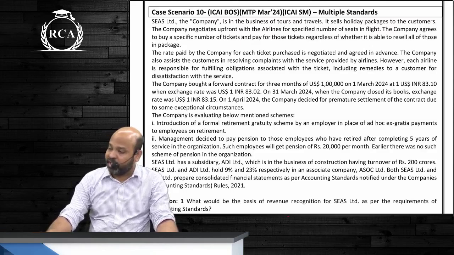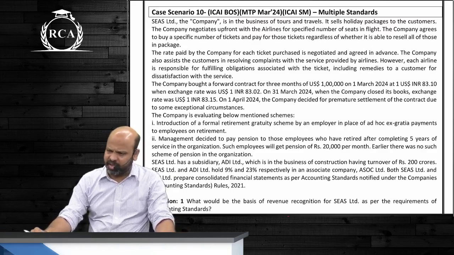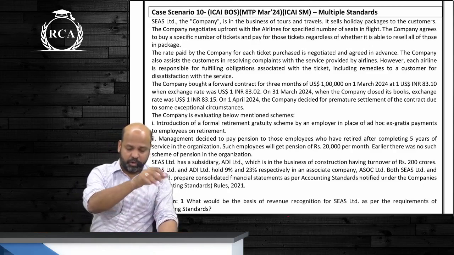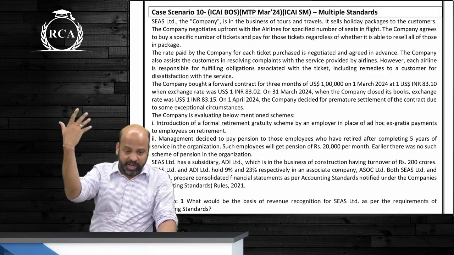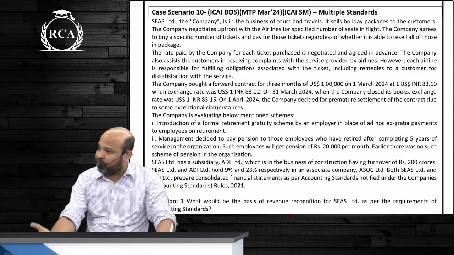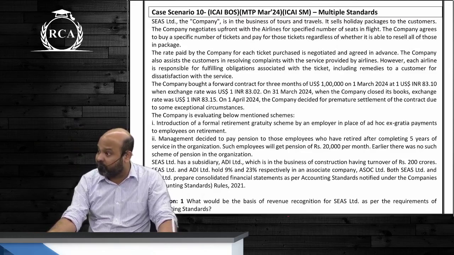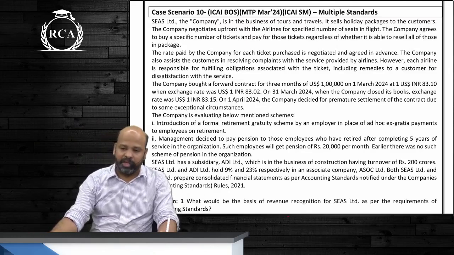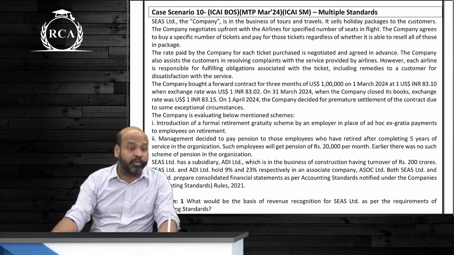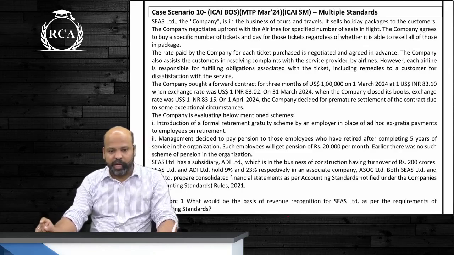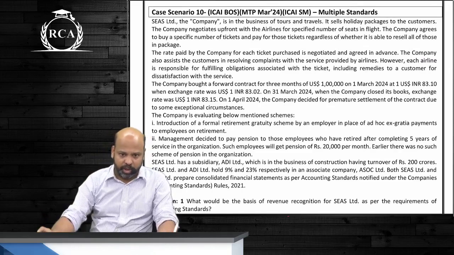See, guys, usually travel agent, I have covered this, guys, in AS 9. Usually travel agent, in which topic did this come, beta? Very first sentence of revenue. We defined what is revenue, gross consideration, guys, in cash or in kind. But in an agency business, it is only the amount of commission that should be considered as revenue. So we took the example of Zomato. I said Zomato cannot take the gross value of food delivered, beta, as revenue. They should only take their commission as revenue. Do you remember this? Zigado, Gogado, you could have given some name, a slight tweak of the name.